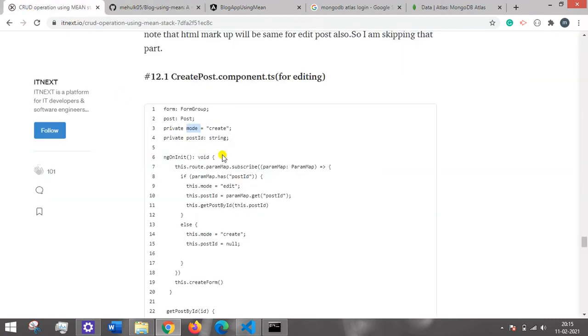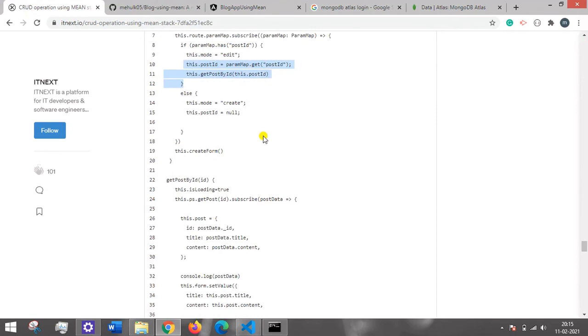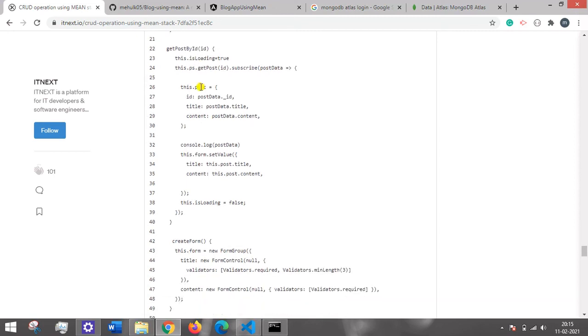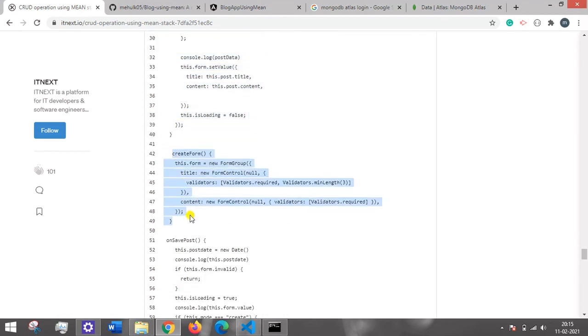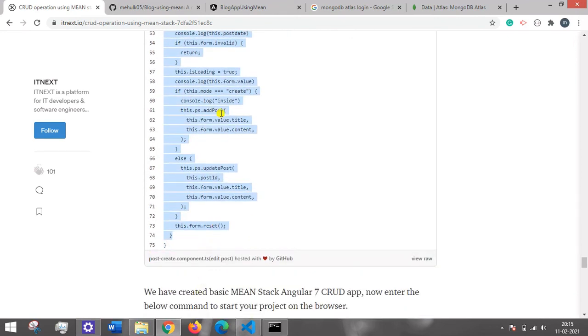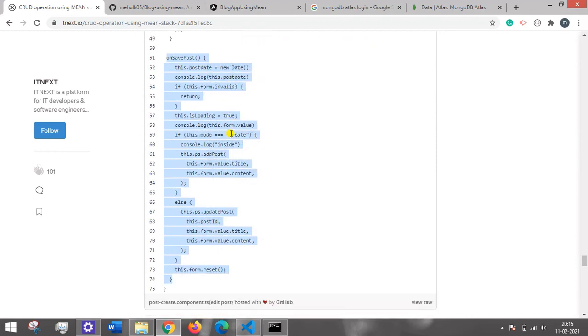You can go through this code line by line. We have this edit mode. If it is edit mode, we are going to render our form in edit mode. If it is create mode, the ID will be null initially. Then we call this method to create the post. Get post by ID is the method we call when we want to edit our post. But if the ID is null, we just create a form and submit it on click of the form submit button. Whatever data we have in the form, we send to the backend, and the backend will create an entry.